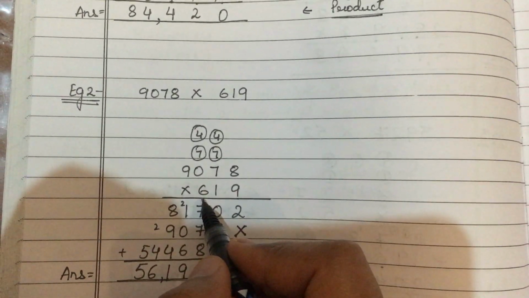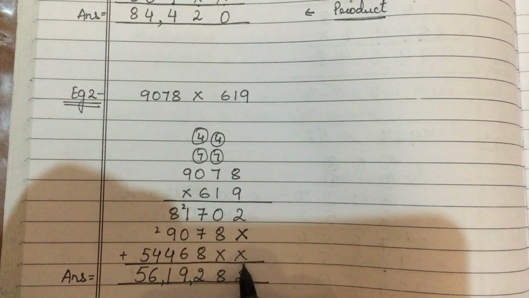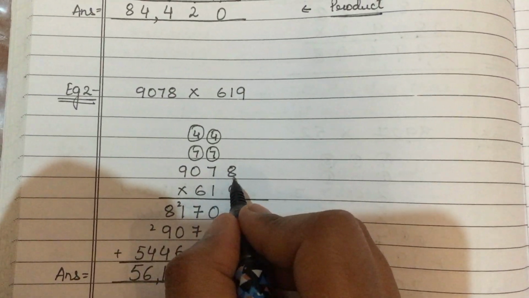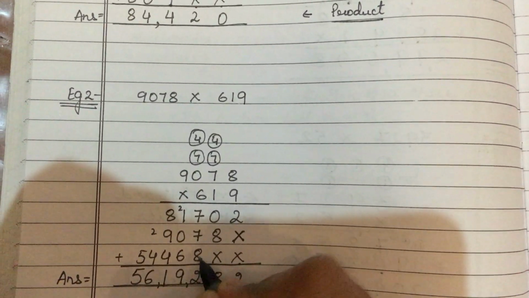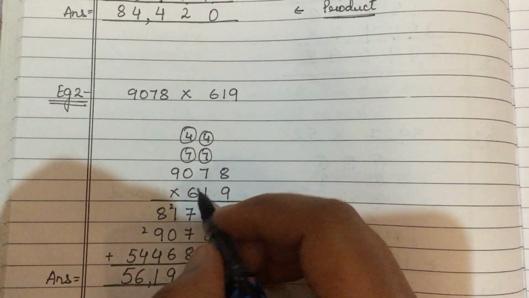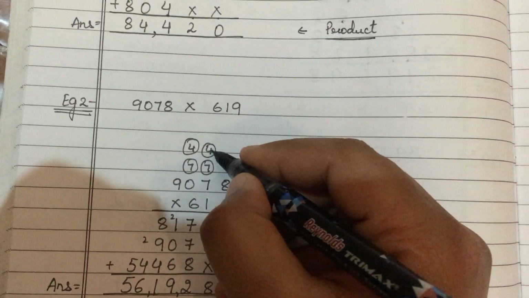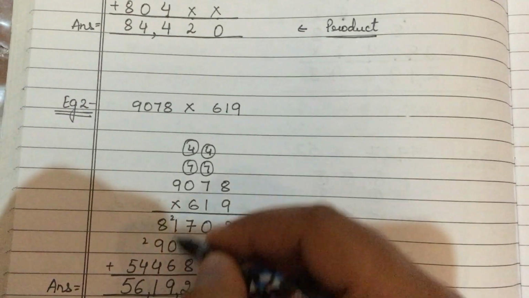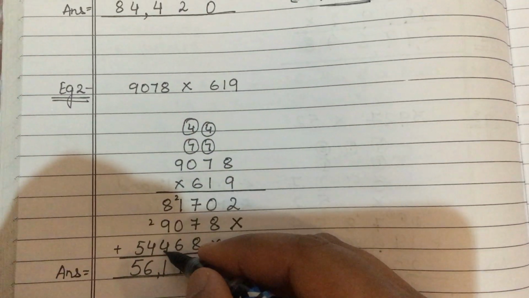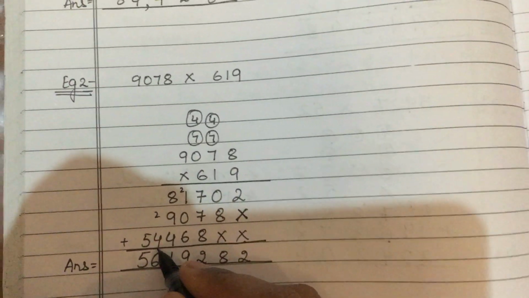Now we start with multiplying by 6. So we will start writing from the hundreds place. We will leave the ones place and we will leave the tens place. Now 6 eights are 48, 6 sevens are 42. 42 plus 4 is 46. Now 6 zeros are again 0. So 4 will come down automatically like this. And 6 nines are 54.